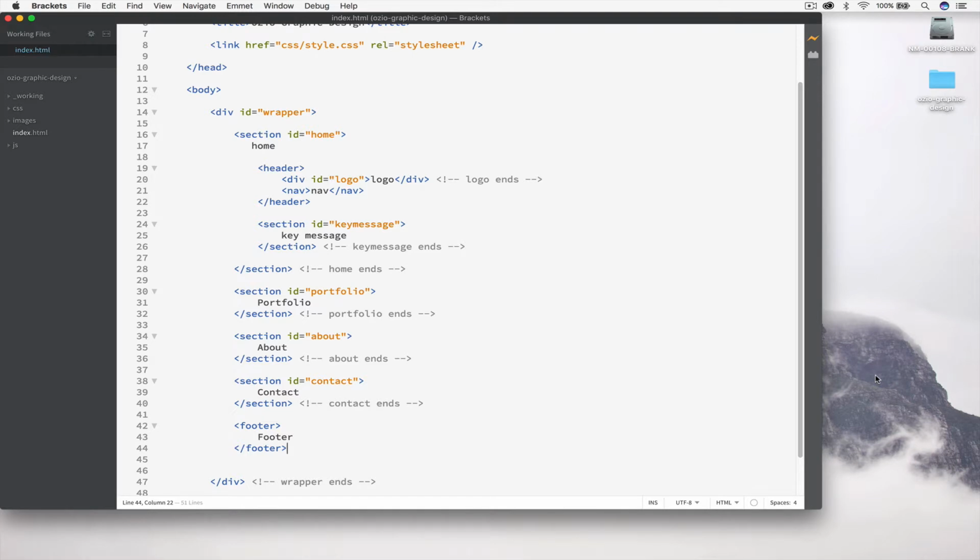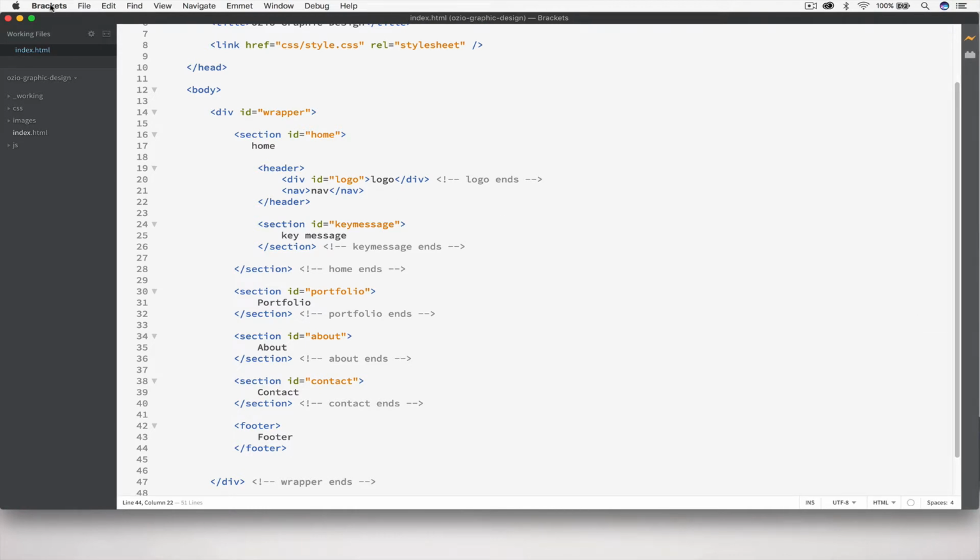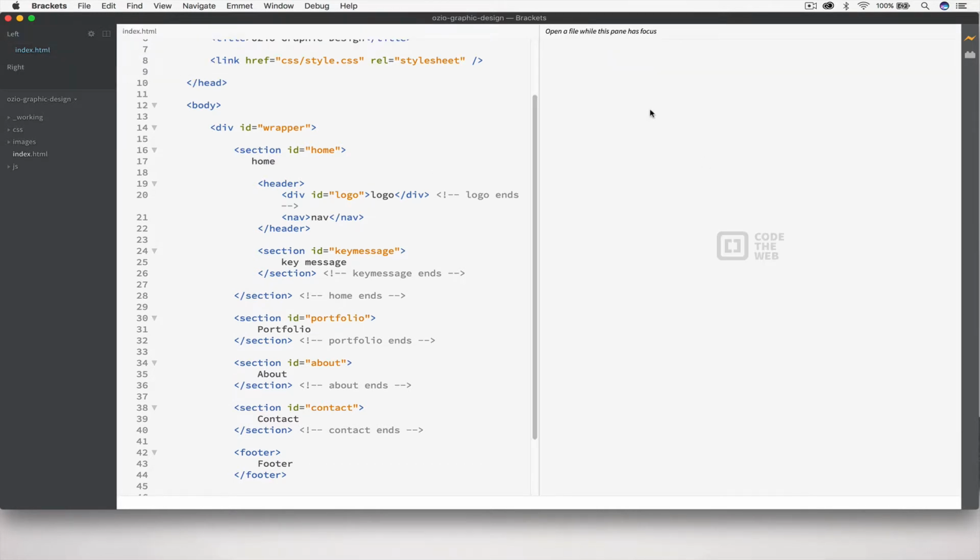All right, back inside Brackets, again, we've just laid out the HTML content for the website, and I want to go and start to create the CSS content to start to define how this website looks. I'm just going to extend the width of the Brackets file here, and I'm going to go to a vertical split so that I can put the CSS file over here and we can see the CSS and HTML and